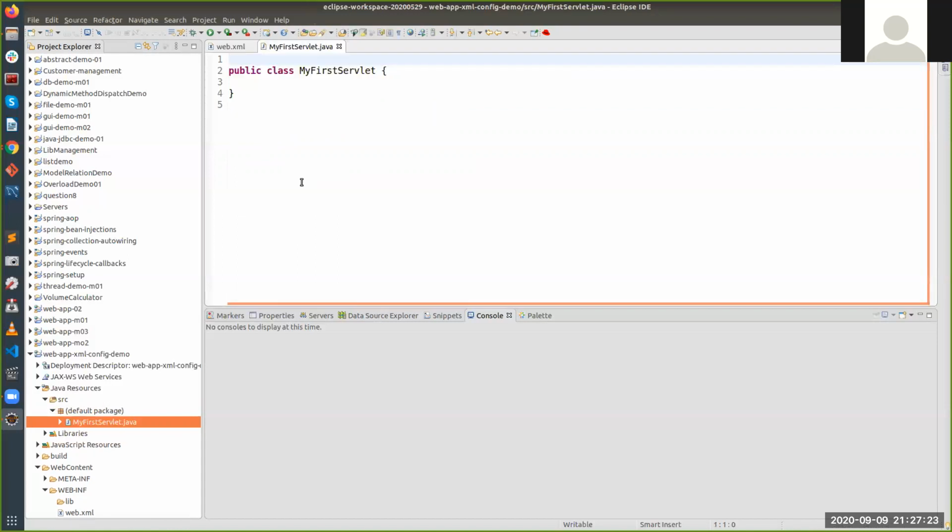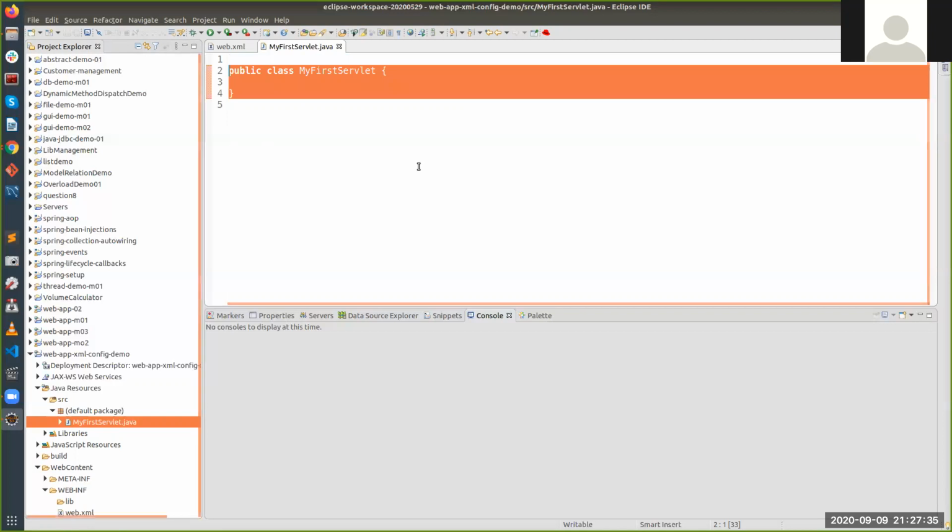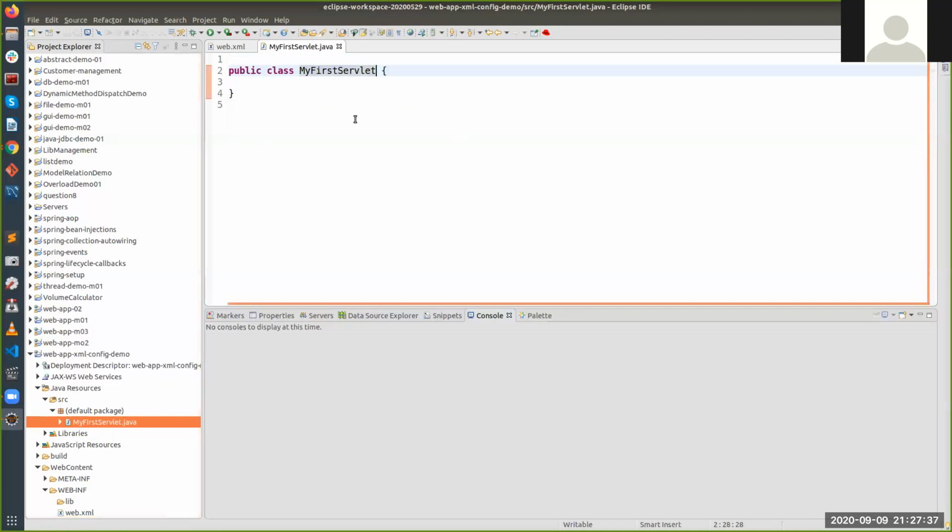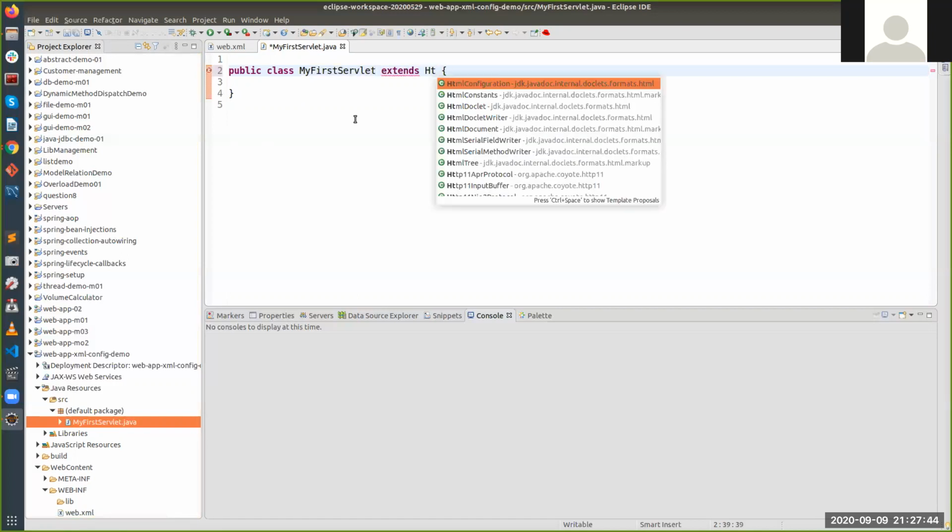Basically, POJO stands for plain old Java object. Any class which does not have any particular feature will be considered a plain old Java object. So this is a plain old Java object class. Now on top of this, we are going to build the servlet. So I'll say this extends the HttpServlet class.